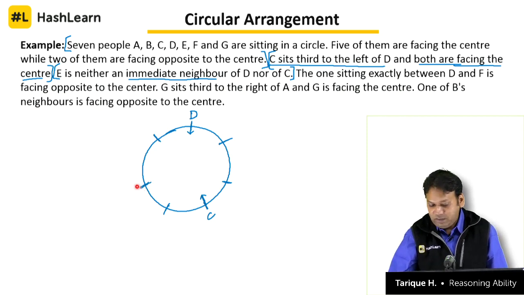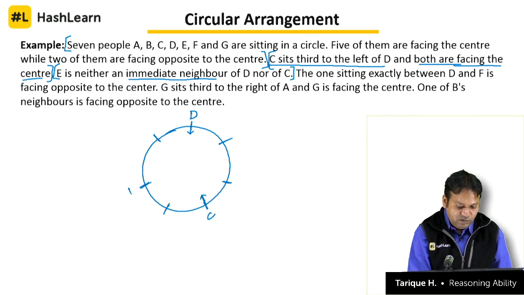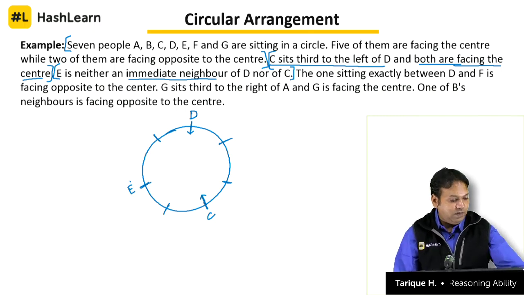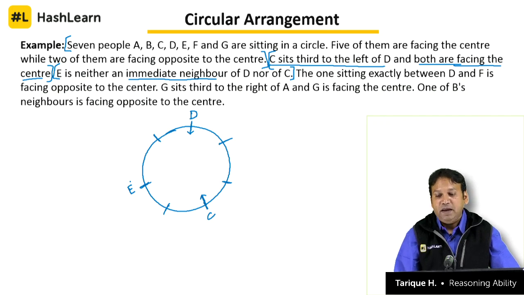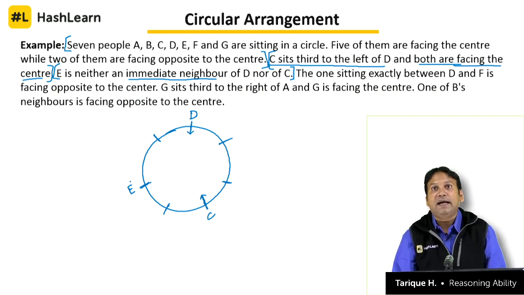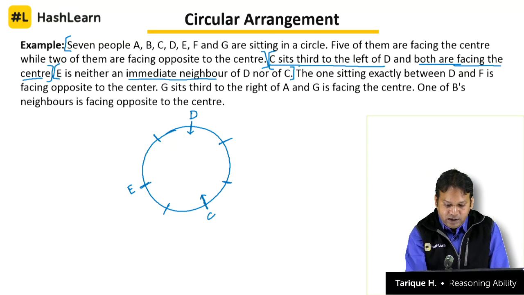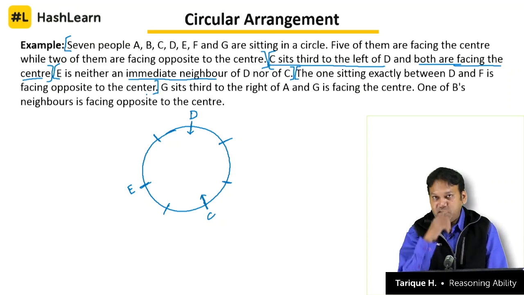So what we'll do, we'll place E here, but we don't know which side is E facing, so we leave that part, and that is the part that we will be solving as we progress further in the class. We'll see what is the direction that E is facing, and the other persons also yet to be placed in the circle. Let's complete the entire thing and then we'll see which side is E facing. Okay, right. The one sitting exactly between D and F is facing opposite to the center,